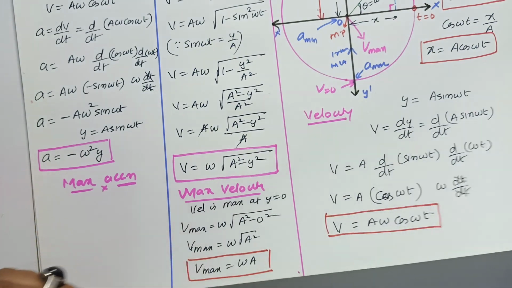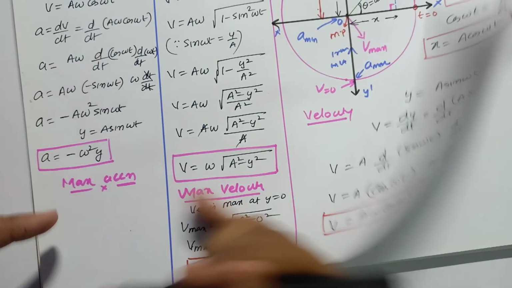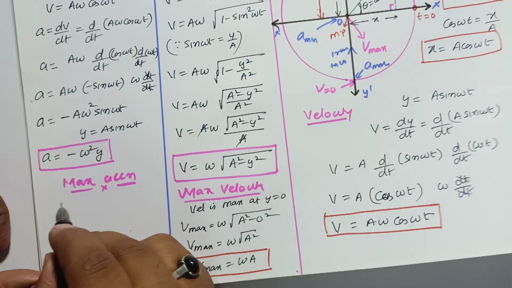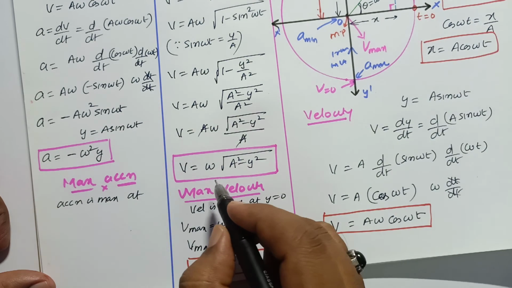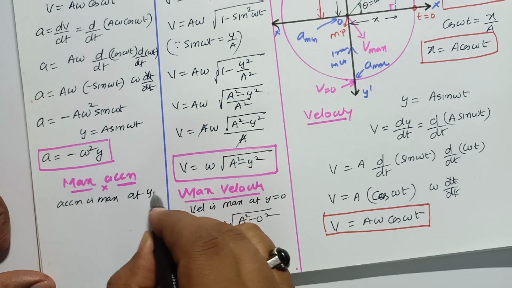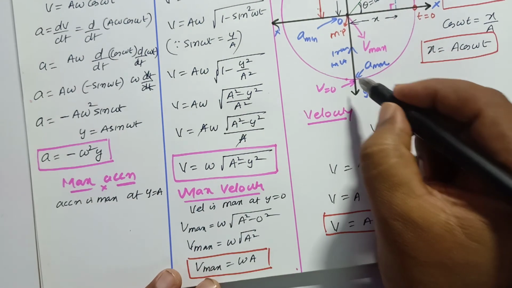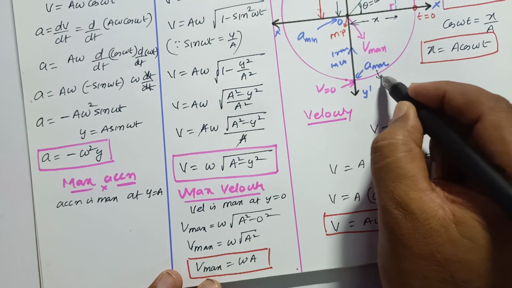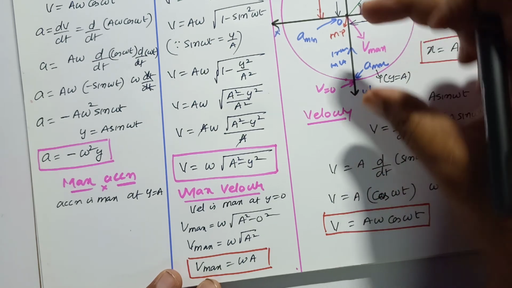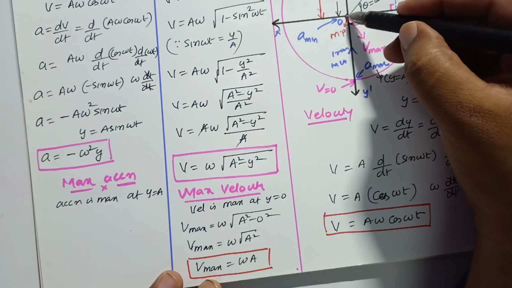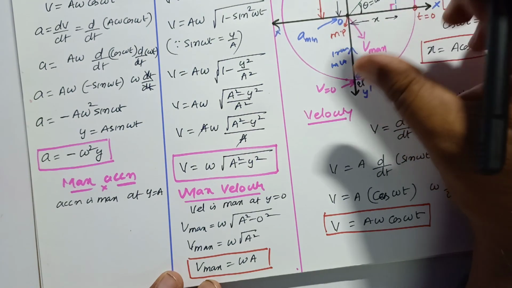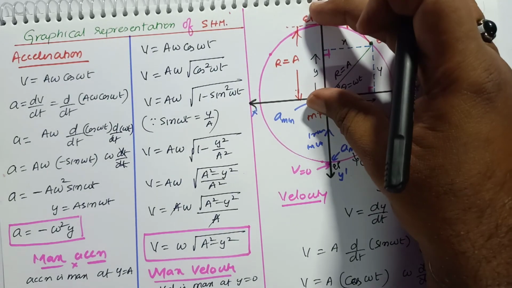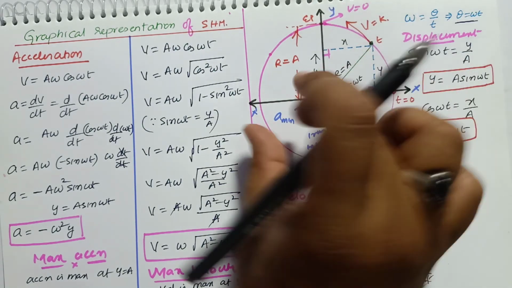Therefore here we can write the step that acceleration is maximum at displacement is equal to amplitude. That means at this place where acceleration is maximum, displacement is going to become amplitude. Amplitude is nothing but the distance between the mean position and the extreme position. This is going to be an extreme position. This distance is taken as amplitude, which is shown here. So displacement is nothing but amplitude. Radius will become amplitude in this case.